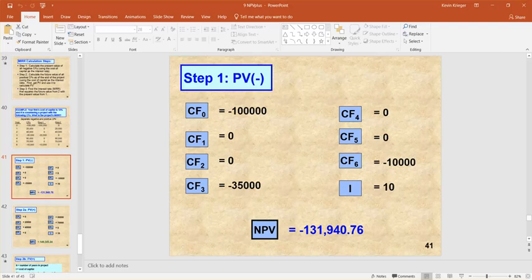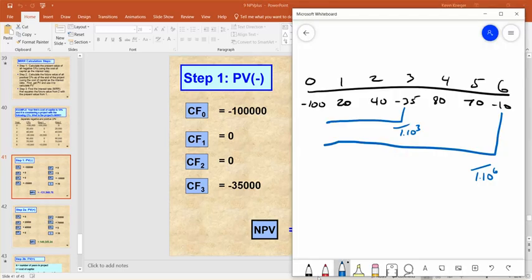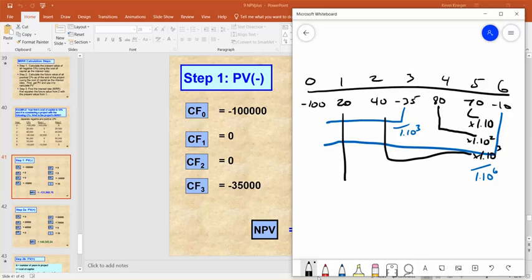How about your future value of all the positives? Well, you can do the positives with kind of the old school tack. You can say multiply the 70 by 1.10, and this one by 1.10 squared, and this one by 1.10 cubed. And that's actually not cubed, that's to the fourth, I'm sorry, because it's at time 2, it goes up 4 periods. The exponent is always the number of periods the money grows. So times 1.10 to the 5th. You can do that to get all of these and just add them all up at time 6.